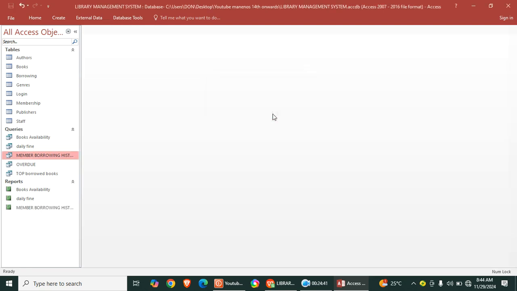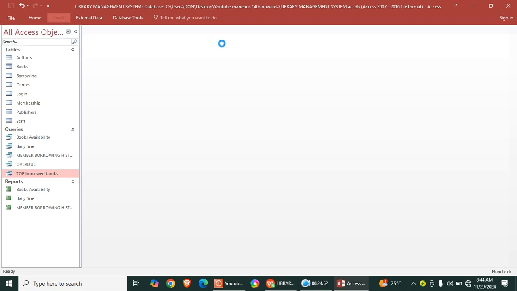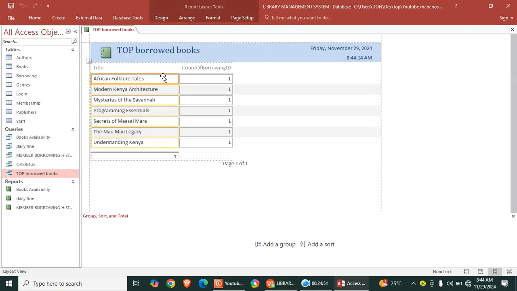So again, this is the next report. So in case you want to see the top books borrowed, just go to report like that. You'll be in a position to see the count of borrowing 1111. There are 7 books that has been